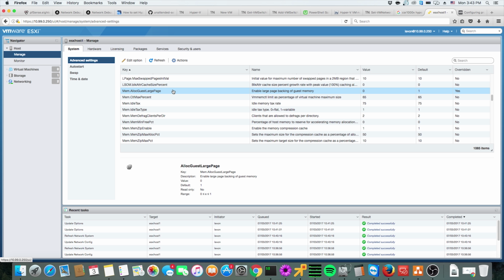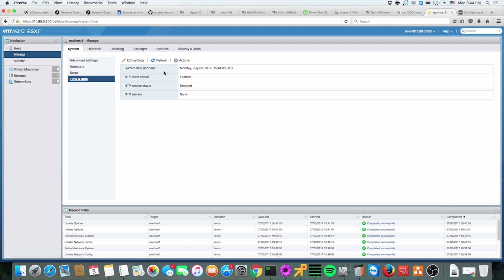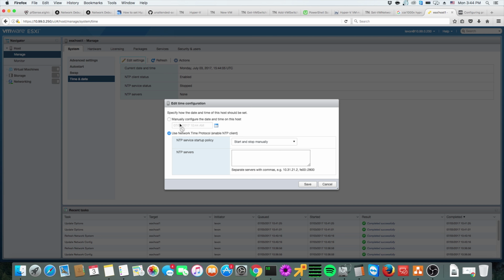Okay. Now we're going to set up an NTP server, because it is good to have all of them set to a synchronized clock. The VMs by default, like the routers and stuff, will synchronize with the hypervisor's clock. So if the hypervisor is set using an NTP server, the VMs inherently will be accurate as well, and you don't have to configure a bunch of NTP stuff on them, which is awesome. So we're going to do that under time and date. NTP status enabled, but the status is stopped because we don't have anything configured. So what we'll do, we'll have it set to start and stop with the host, and let's just go to